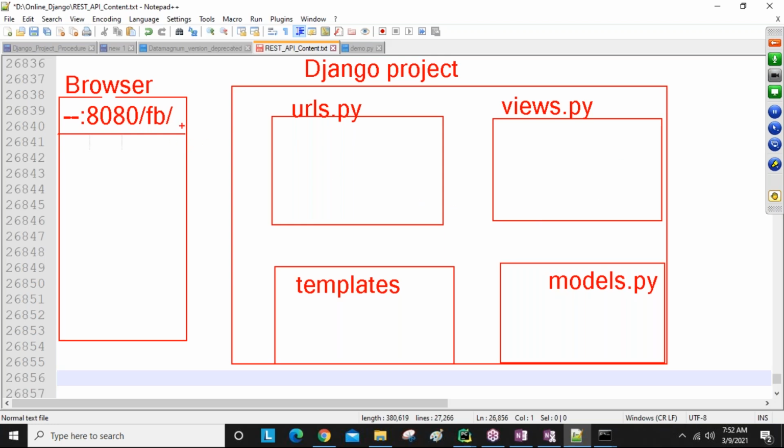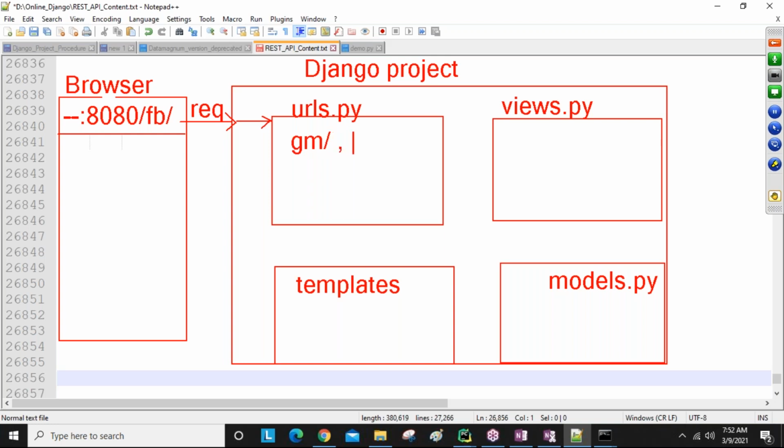Okay. Now from the browser, whenever I'm sending the request, guys, first our request hits the Django project. After hitting the project, it first hits the urls.py, guys. So whenever we send a request like a URL from the browser, that URL first hits the Django urls.py file. In this urls.py file, we maintain n number of URLs, guys. For example, I'm going to write here the Gmail related URL.